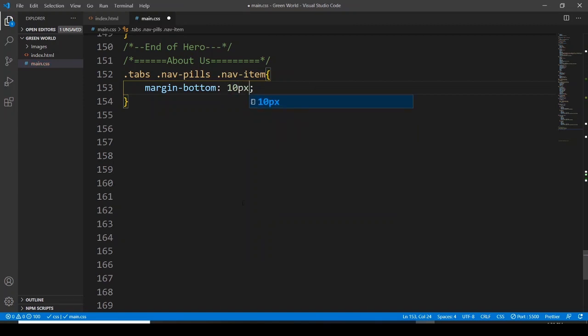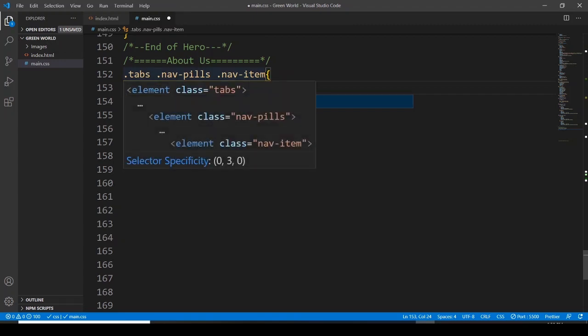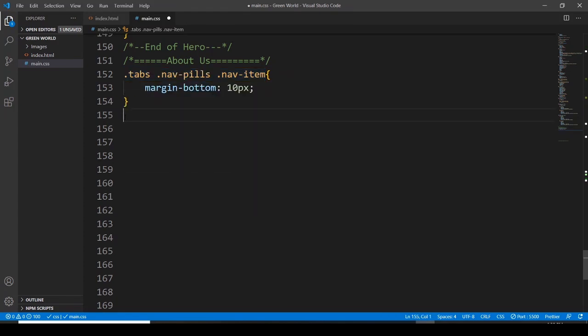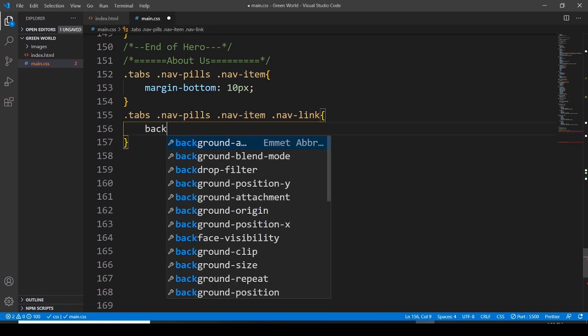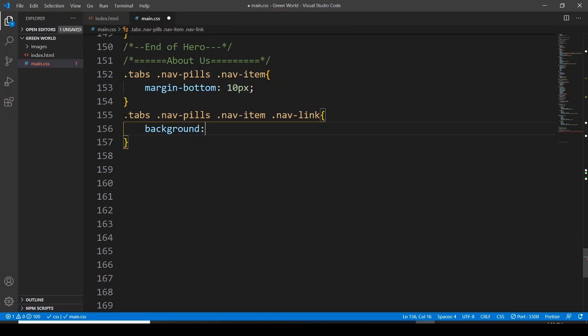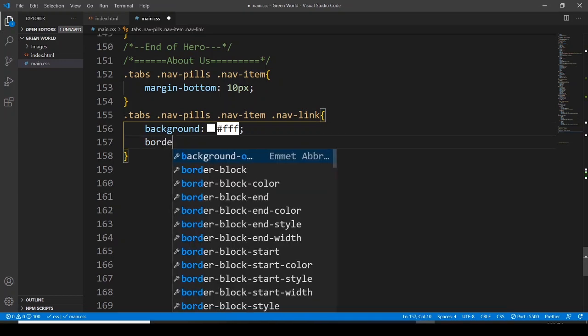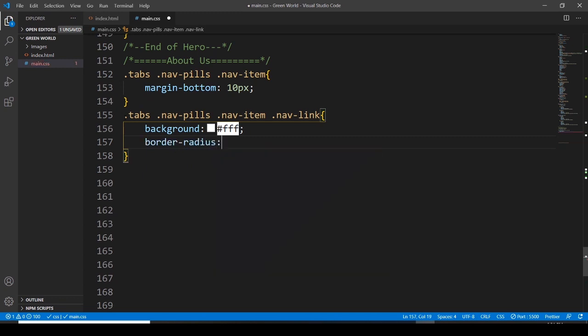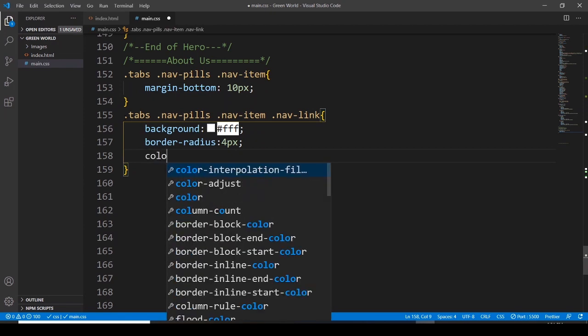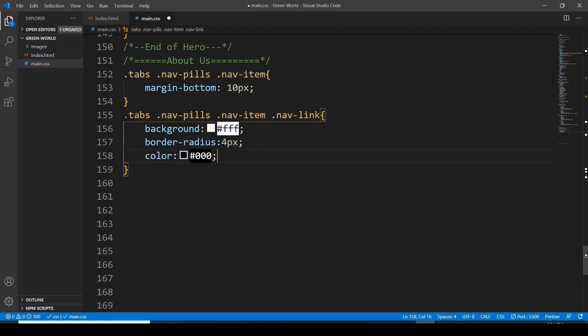And now I want to go with the, let's copy this and paste it here, and let's have a nav link where the background is going to be white, and the border radius is going to be 4 pixels, and then color would be black, and font weight bold,